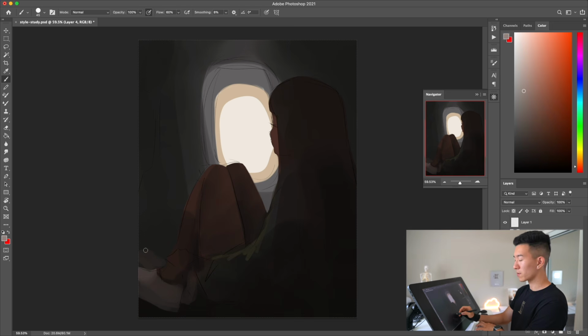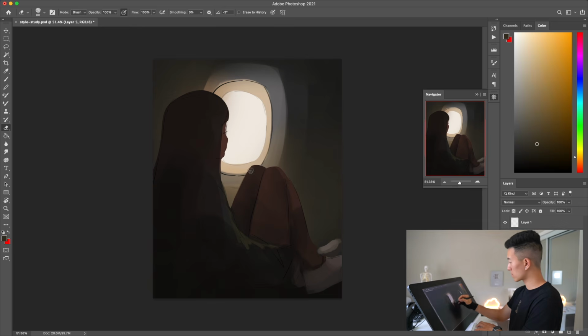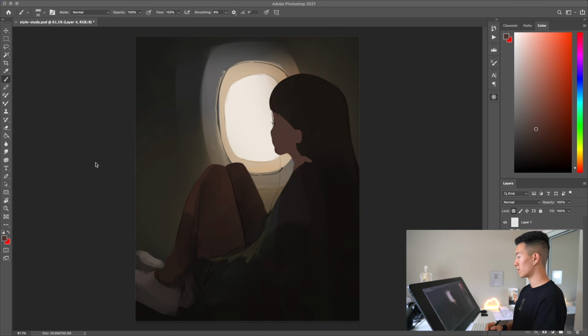You know what I like about this so far is everything is so dark. I feel like you can't even see my mistakes. So remember what we said about values, right? I want to make the character stand out against the background. I want to create high contrast between the background and the main focal point. It's been about 20 minutes, you know, I think it's working. It's coming along.